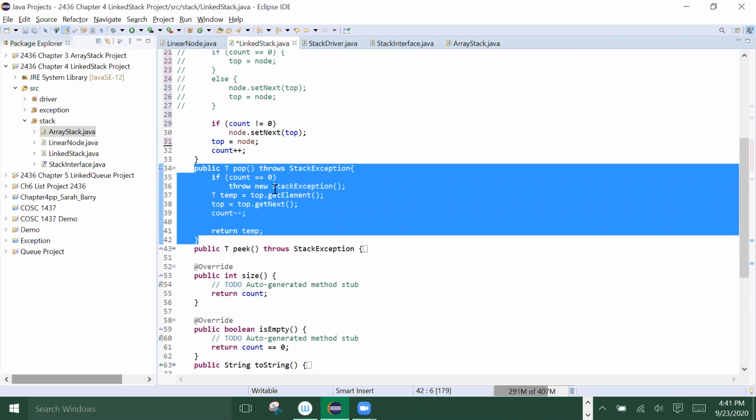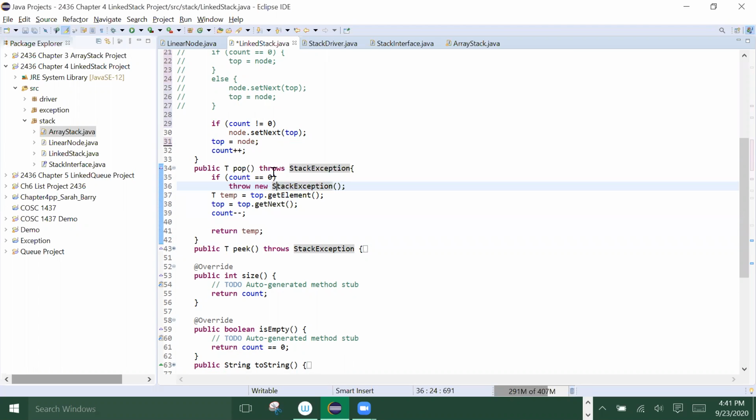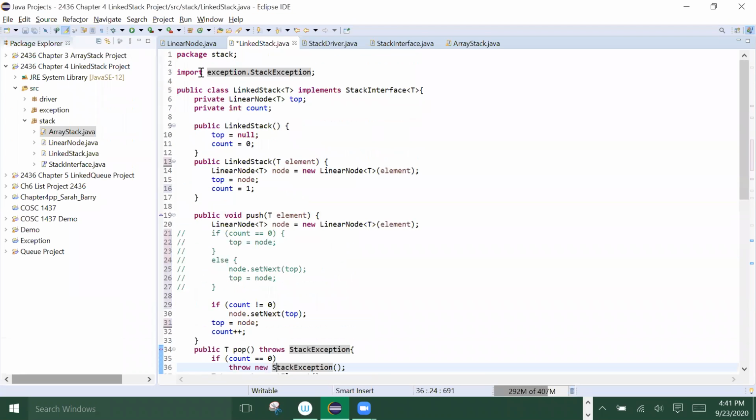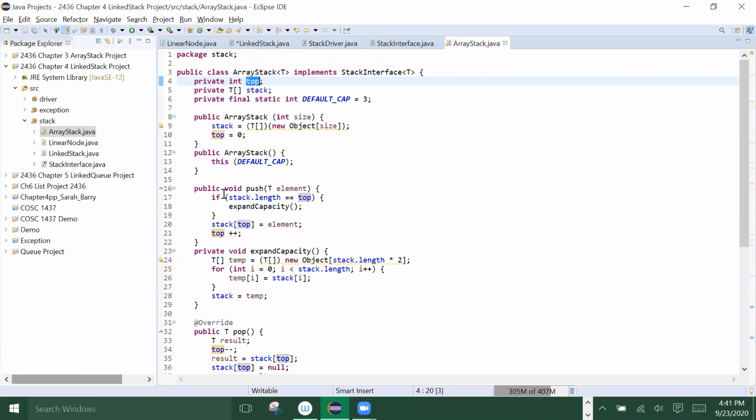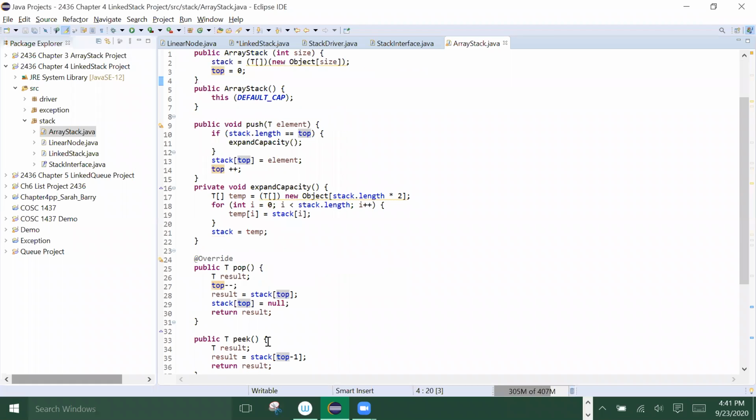Okay, pop. We throw the exception, and I imported the stack exception. And if count is 0, that means the stack is empty. We throw this exception. You understand that? This is very similar to the array stack, right? For push, you do that. For pop,